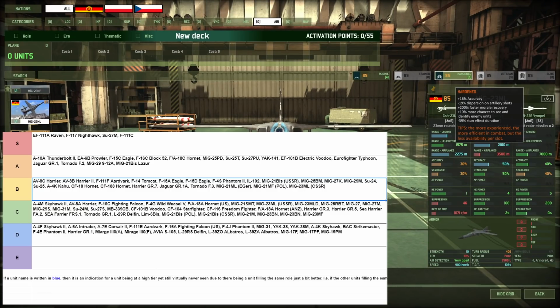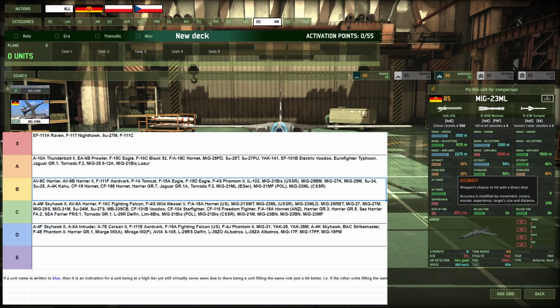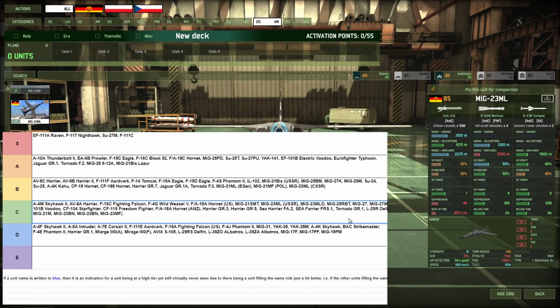3 on hard is just horrendous. You have 48% accuracy on these R23R Wimples, and on the R60Ms you have 60% accuracy. I mean, you get 3, but no, please don't use this plane. It is cheap, but